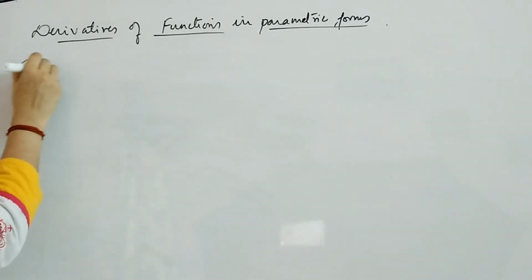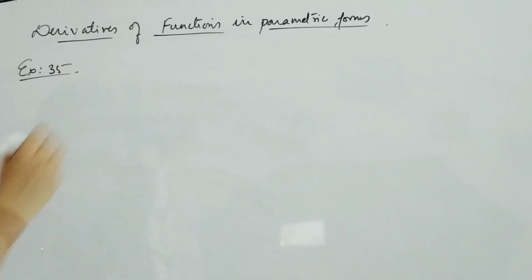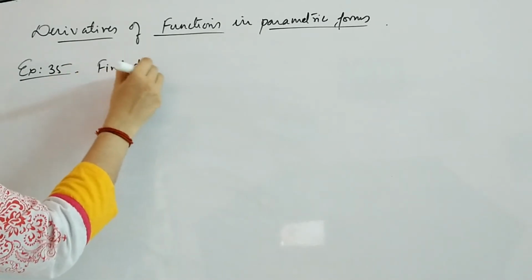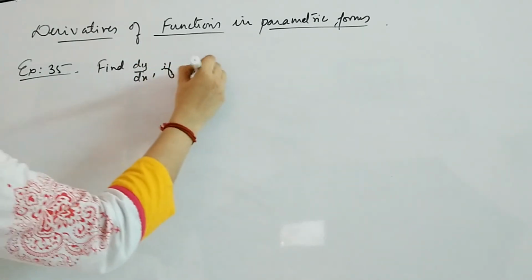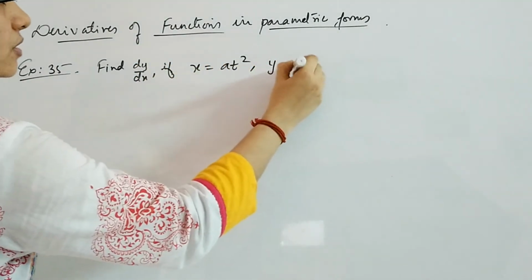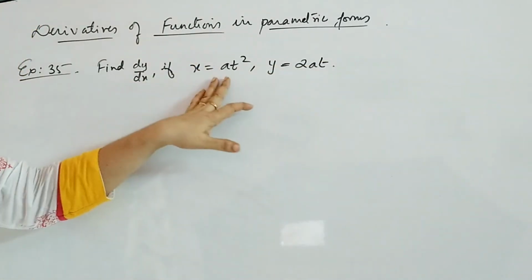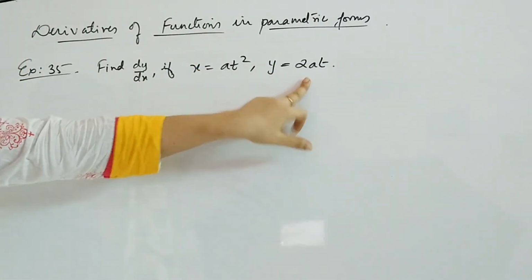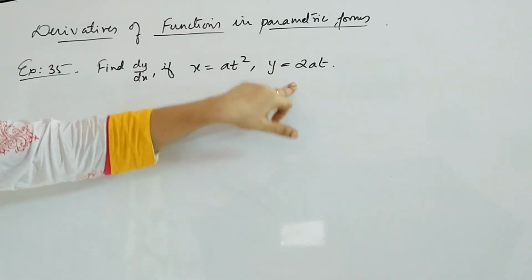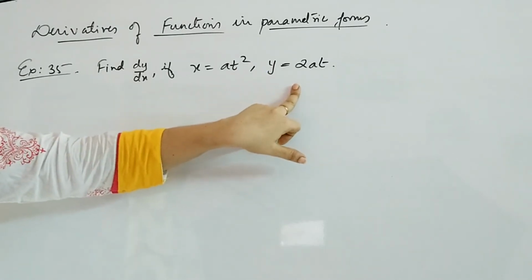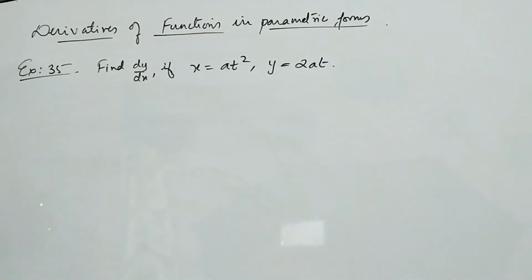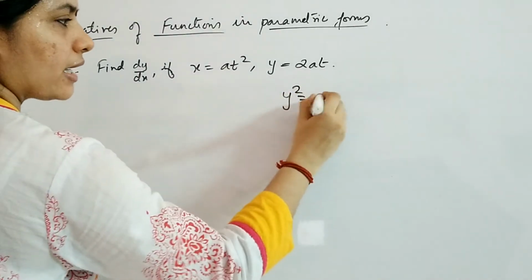So example 35 is, find dy by dx if x is equal to at square and y is equal to 2at. Again, when I say x equal to at square and y equal to 2at, this is also a set of parametric equations or parametric functions for the parabola. Which parabola will it satisfy? This is actually true for y square equal to 4ax. When you substitute in your y square equal to 4ax now,